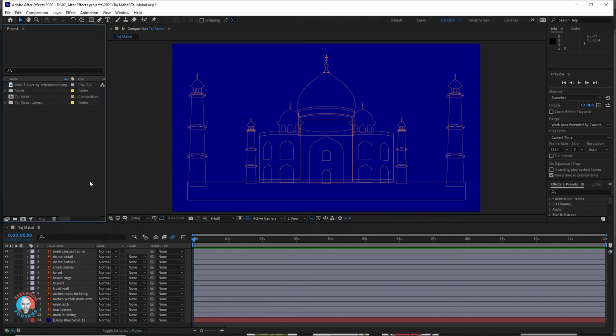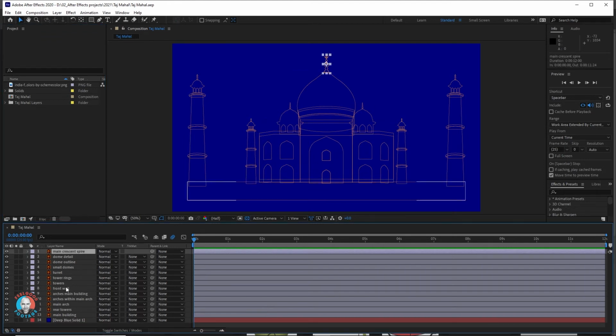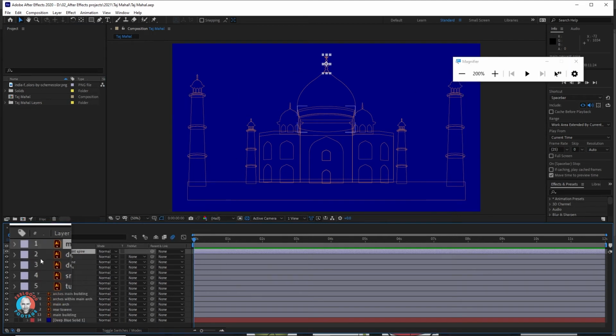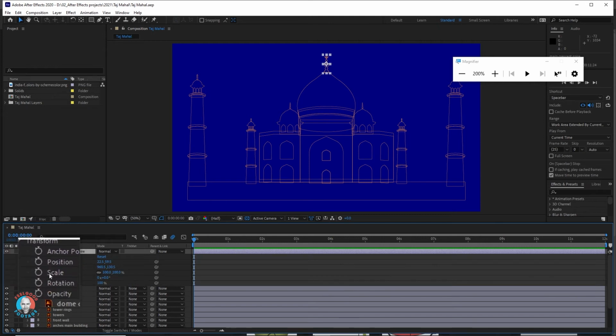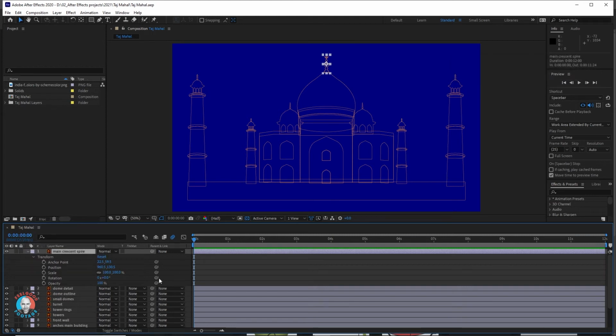Now we can start to animate, but before we do, we need to convert the layers. When they're imported from Illustrator, as these are vector shapes, After Effects can only interact with them in a limited way. If you twirl open these Illustrator layers, you see only the most basic transformations are available: anchor point, position, scale, rotation, opacity. Although sometimes that will be absolutely adequate, on this occasion we need more than that.